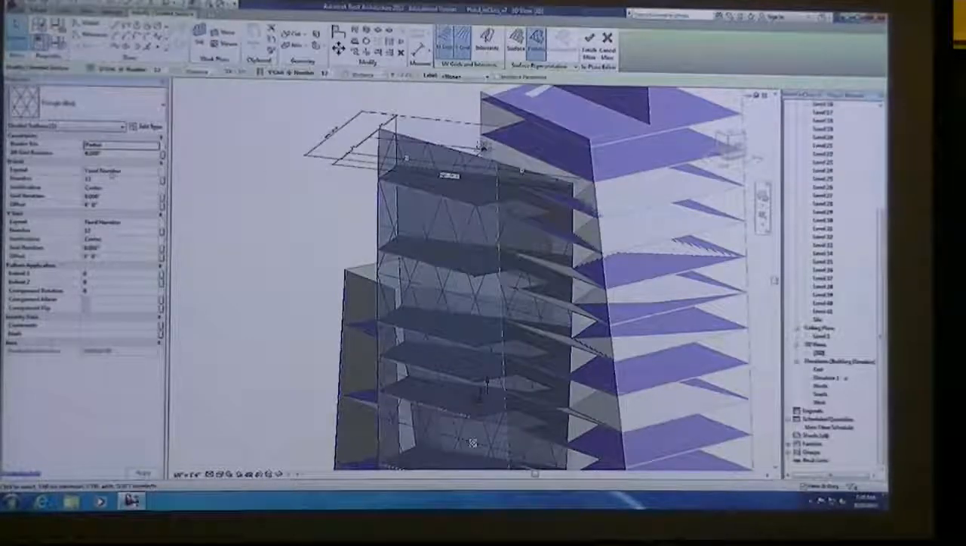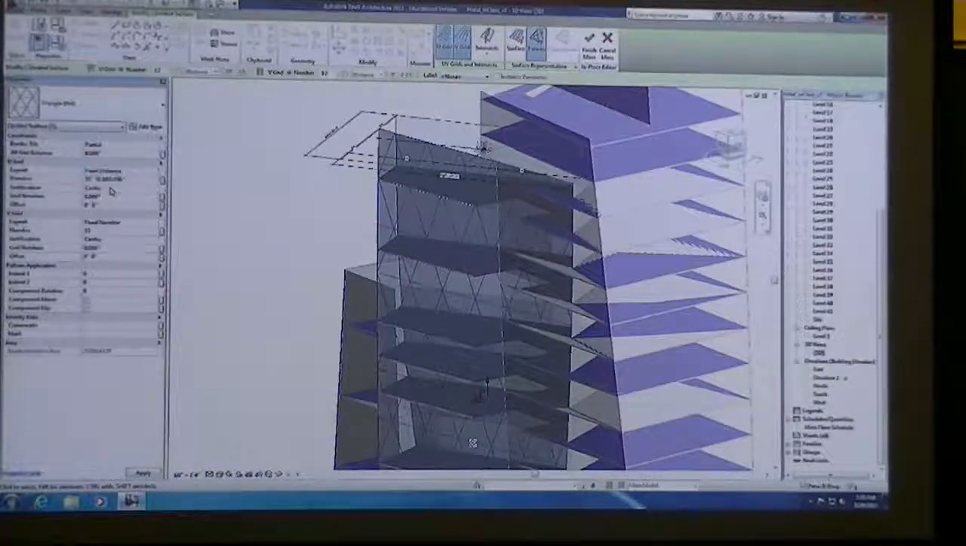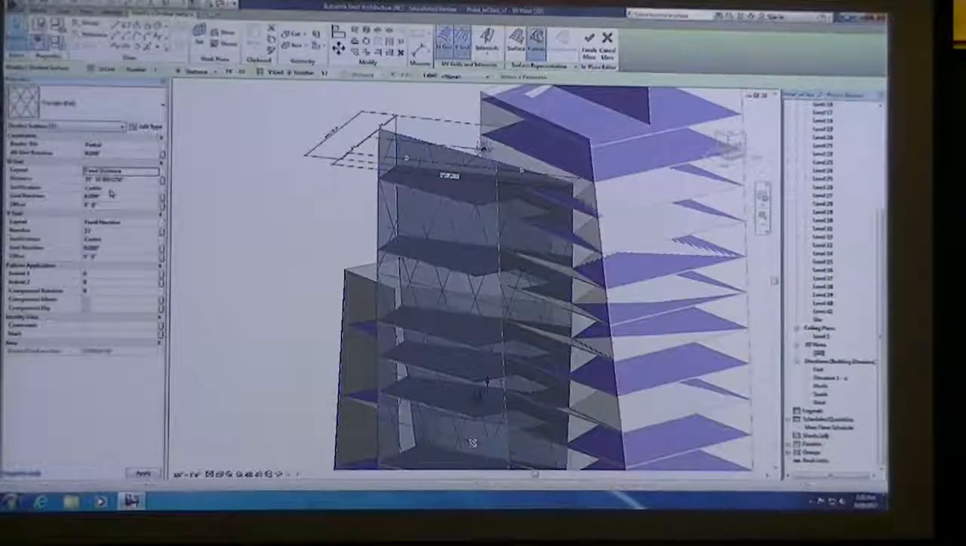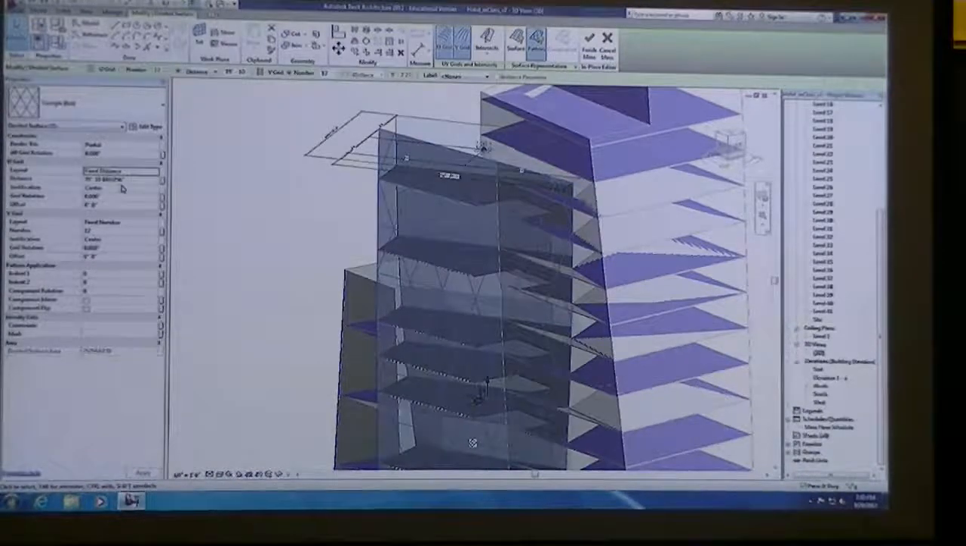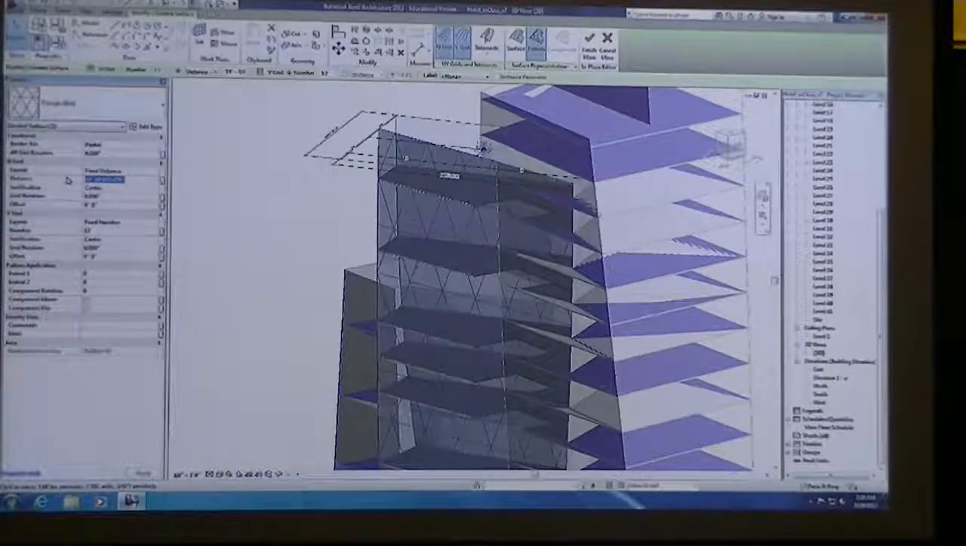Instead of doing a fixed layout, you might change the number of divisions of a U grid and V grid. Now that we're modeling something that's a little more precise, you might give it a fixed distance between the grid. If you knew your floor-to-floor heights, let's say you always want the horizontal line to align with a floor line, you could just give it a distance and say, if I've got 14'8"